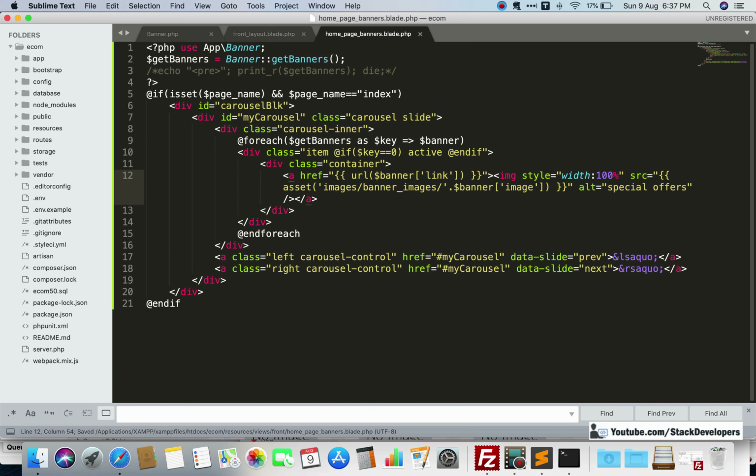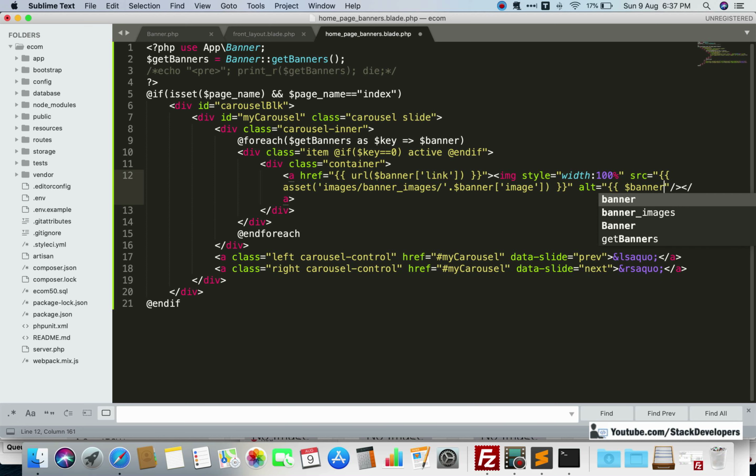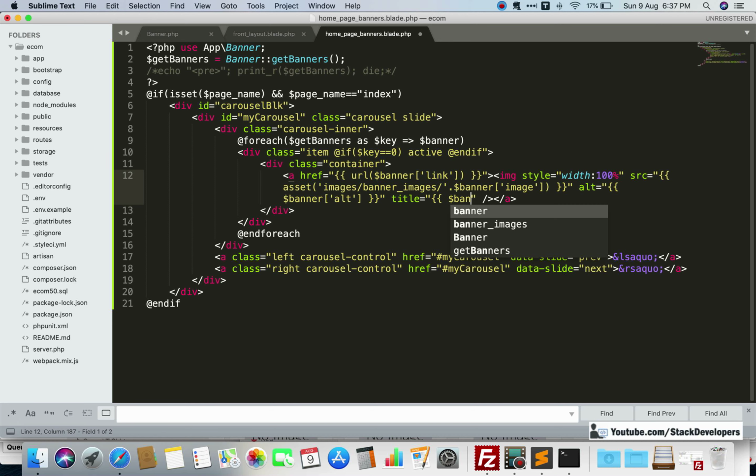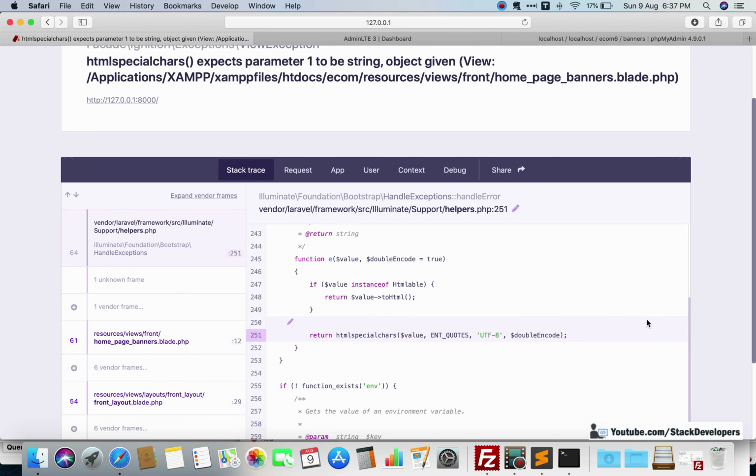And after the link we are going to add the alt tag as well. You can copy the same one. I will add my own, and this one you can remove, and you can show $banner, simple enough, and here alt, like this. And you can close this one, and also you can add the title, like this, $banner title. Okay, fine. Now you can refresh once again and see here some issue is coming up.